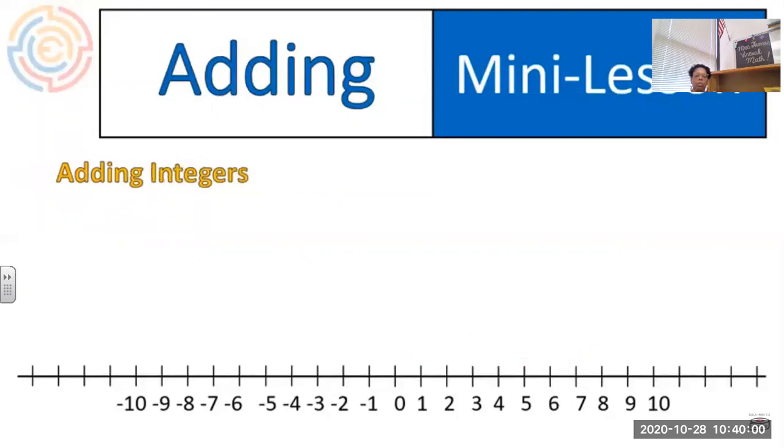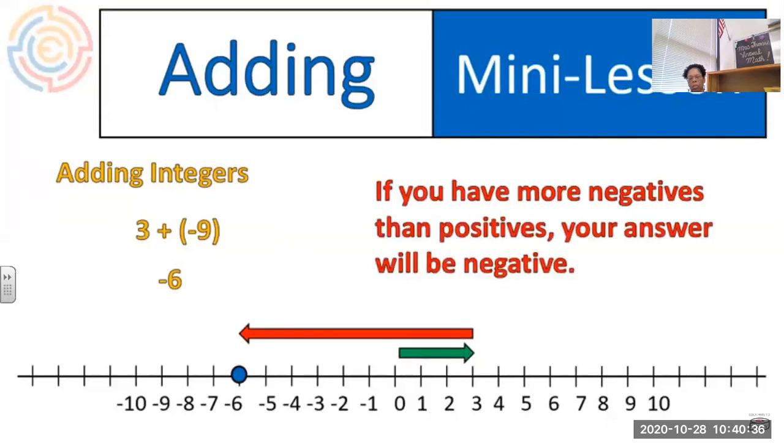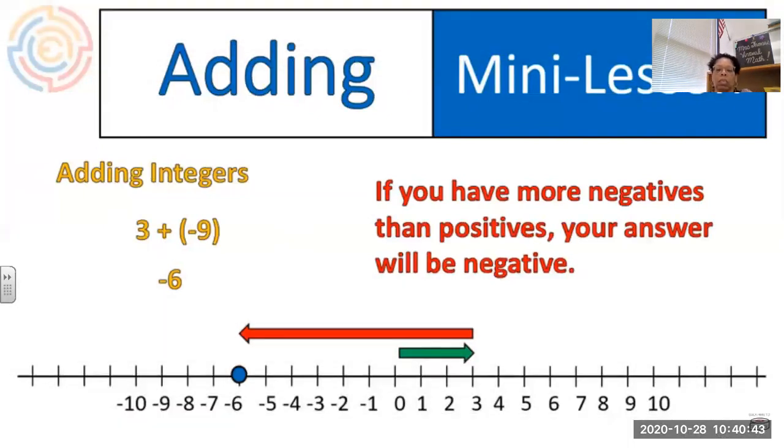Let me show you another example of adding integers. If I have 3 and I add -9, this is what it would look like on a number line. I would start out by going from 0 up to 3. Remember, 3 is a positive number, so I'm going to move 3 places to the right. Then I'm going to go -9 or plus -9, which means I'll go 9 spaces to the left. That lands me on this spot right here, which is -6. So just keep in mind this. If you have more negatives than positives, your answer is going to be negative. That's just a way of thinking about it, right? In this one, there's 9 negatives, so that arrow is a lot longer. There's more negatives than positives. There's only 3 positives. So your final answer is going to end up being